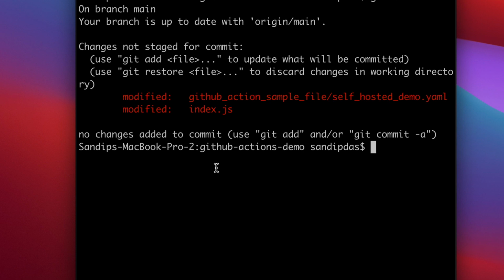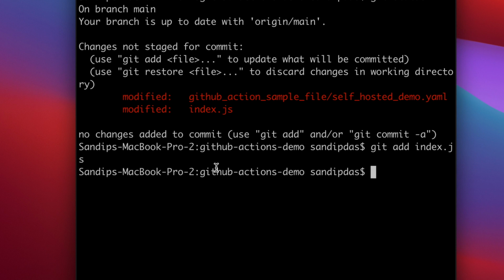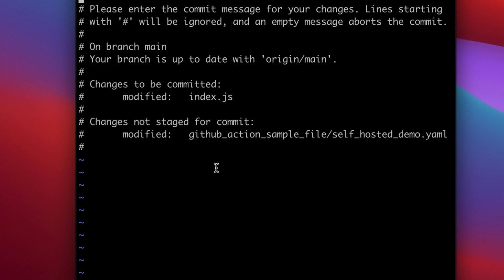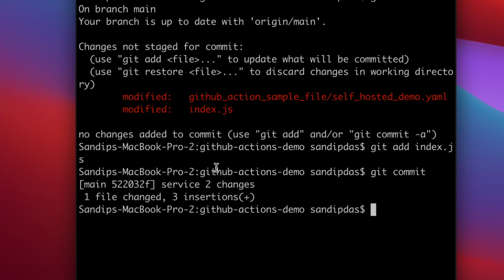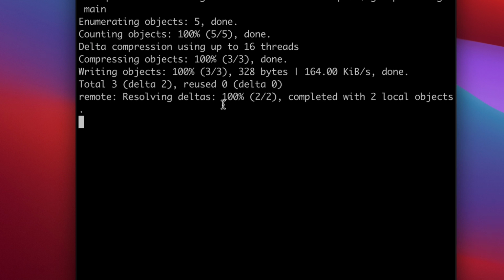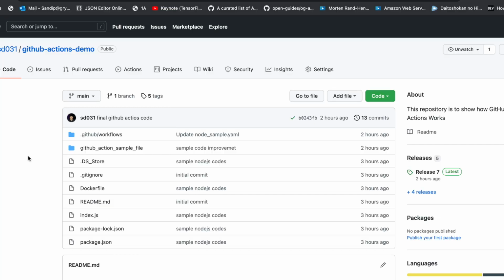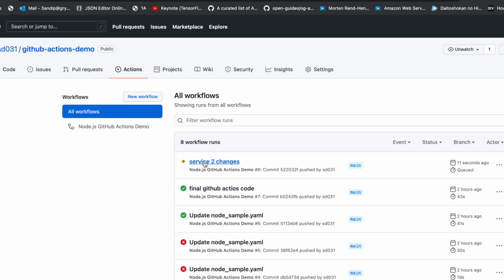Okay, this is the change. Now git add index, git commit, and say service 2 changes, just for example. Okay, and commit it. Now push it to origin main, and yes, it's pushed. So as soon as the code is pushed, if you go to the actions tab, you can see service 2 changes,